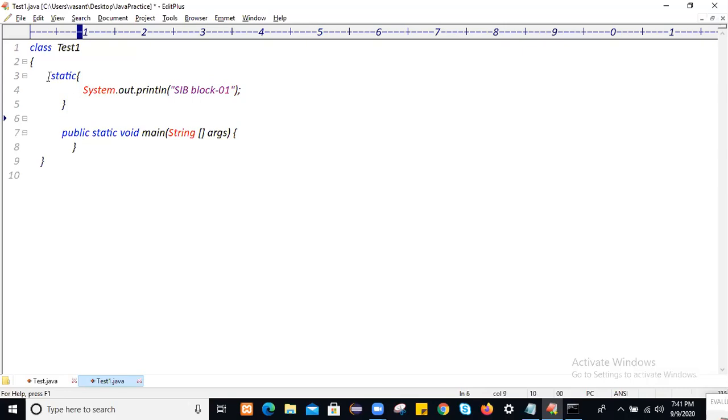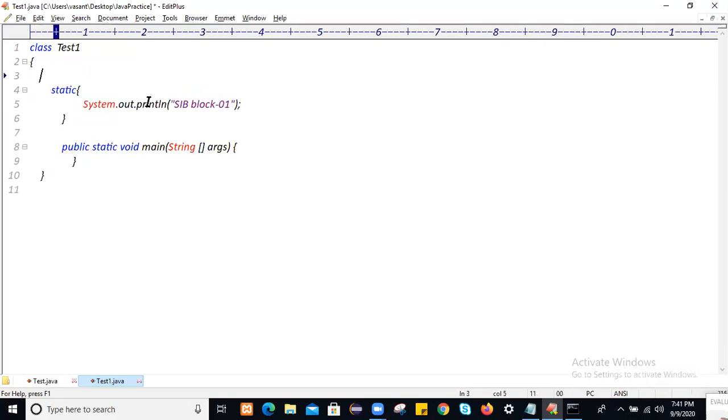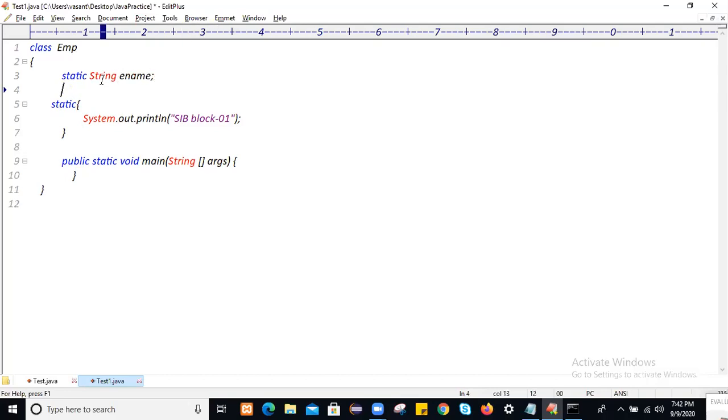So how to use a static block to initialize static variables during compilation time? Let's suppose this is an Employee class, and it has an employee name that I want to initialize during compilation time by using a static block.